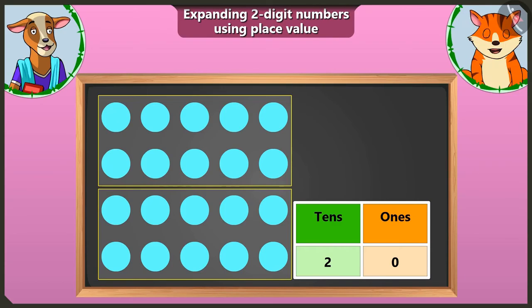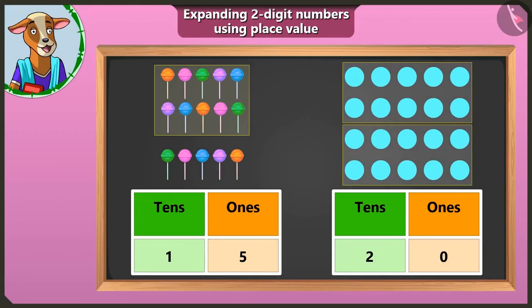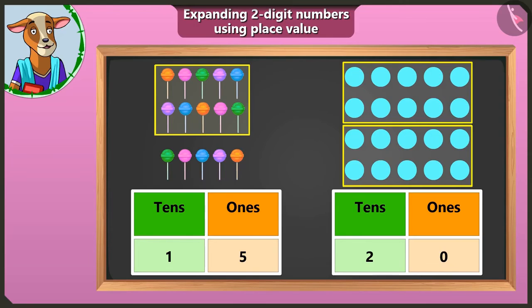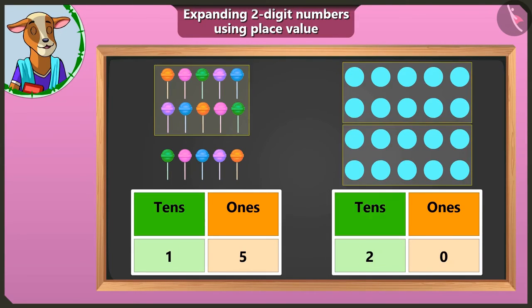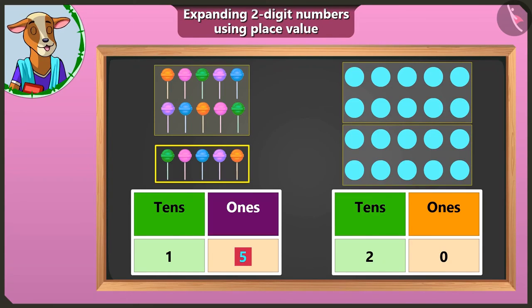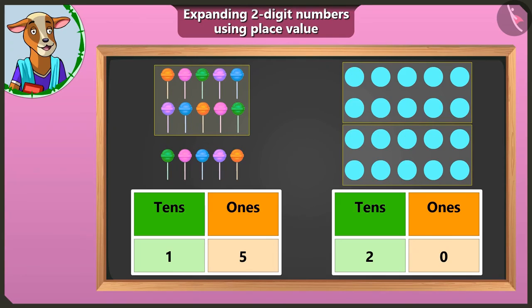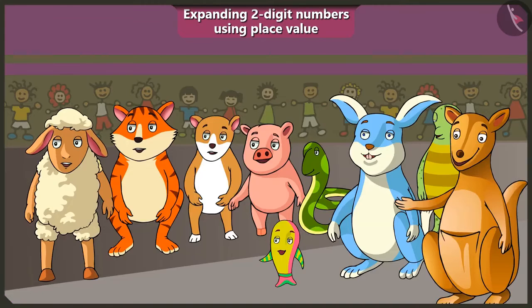Now tell me, what number will it make? It makes number 20. Well done, Billy. So children, remember one thing. As many groups of tens are made, you have to write that number in the tens box. The remaining number will be written in the box for ones. If no number is left, then write 0 in the box for ones. In this manner. Yes, I will remember for sure, ma'am.